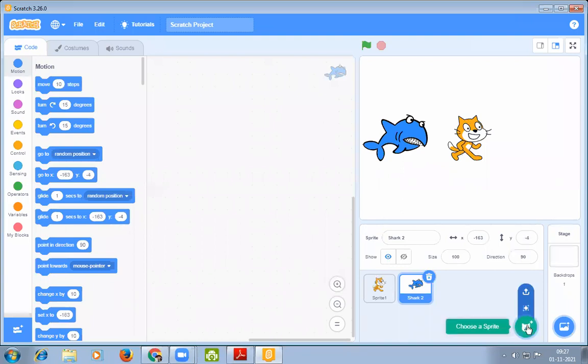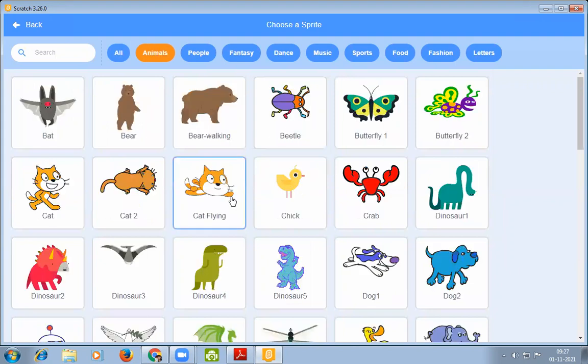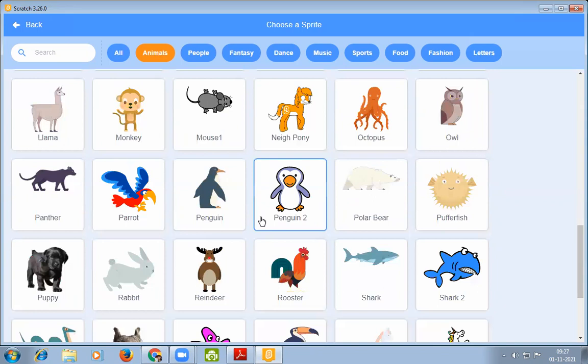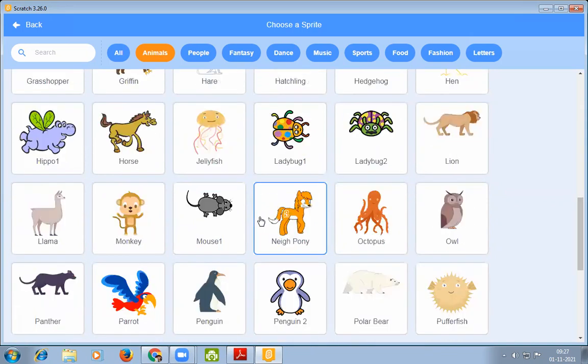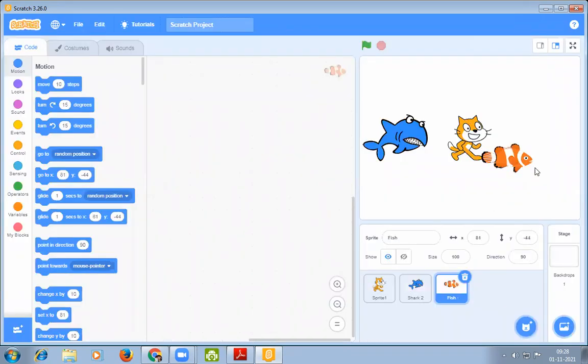Then again add animals, another fish. Yes, here is a fish. You can select it.